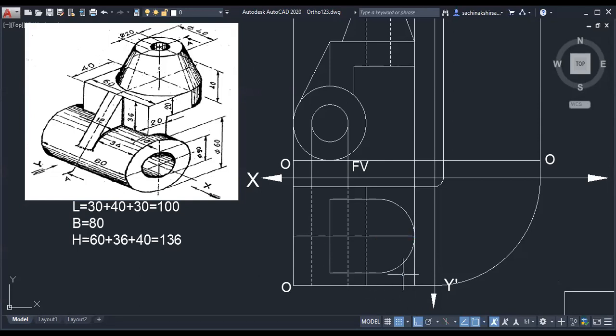So how many circles? Bottom circle, what is its radius? That will be one radius. Will one circle look like this? Yes, sir. Then what is the topmost circle's radius? 20. So it will be one circle again. And what about the middle one? Central hole, whose diameter is 20, radius will be 10. So it will look like this. Only circles will look like this.